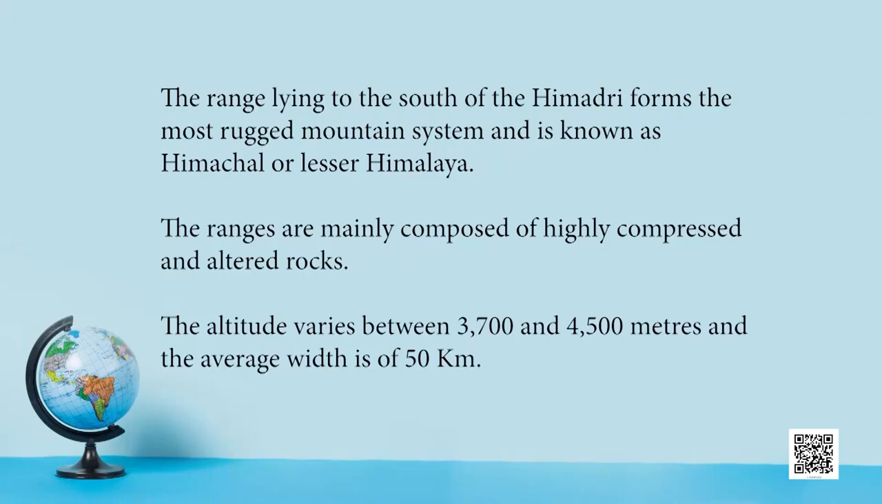That was the first topmost parallel range of Himalayas. Below Himadri, we have the second parallel range which is named as Himachal. The range lying to the south of Himadri forms the most rugged mountain systems, also known as Lesser Himalayas. This range is composed of highly compressed and altered rocks. The altitude varies between 3,700 meters to 4,500 meters and the average width is almost 50 kilometers. This range has many more